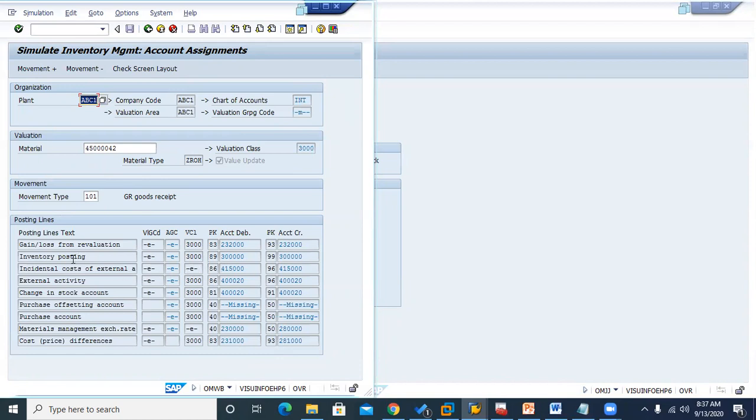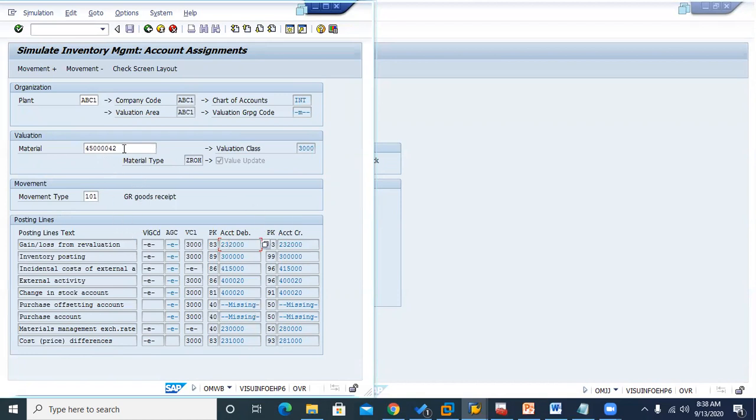You can see here loss and other things. For inventory posting, the valuation class is this one; it is going to take the valuation class for this debit account, and this is the credit account. If it is a loss and gain account, it is this, and if it is any other one, purchase account, and those are all material management, exchange rate difference, cost price, PRD account. The other ones not given here mean you are not maintaining any purchase accounts and all those in our SAP system. In that situation, no account assignment is done for that one, so it is not required, because that is a completely different concept. So this is one way you can see that.